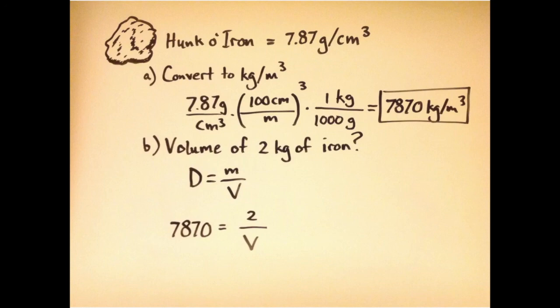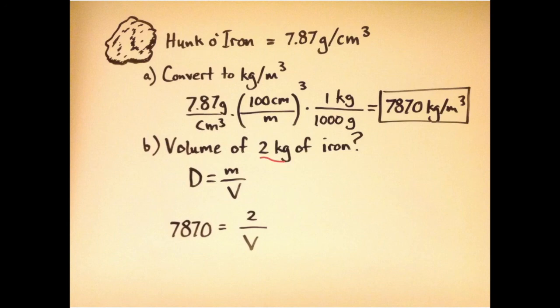Now, I did this specific example where I wanted you to solve for the volume because a lot of people mess up the algebra here. So if you work it out and you get an answer that's something like 3,900 whatever, you've done it wrong. You have messed up your algebra. 2 kilograms of iron, yeah, it's pretty heavy. It's like 5 pounds. But if you're going to tell me that that's something like almost 4,000 cubic meters of iron, think about what a cubic meter looks like. You can't even lift a cubic meter of iron. That's just an unreasonable amount of mass. So maybe we're messing up the algebra if we get